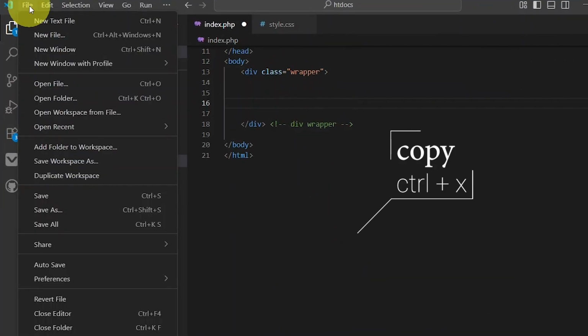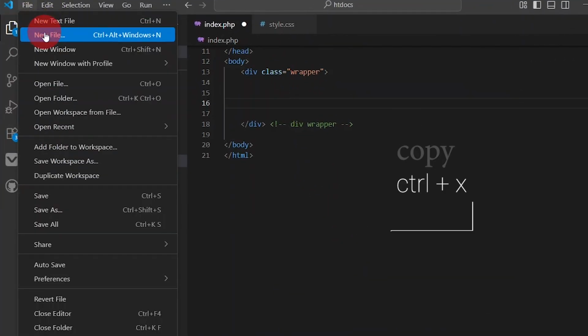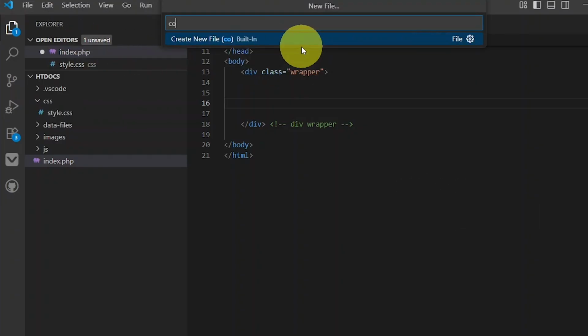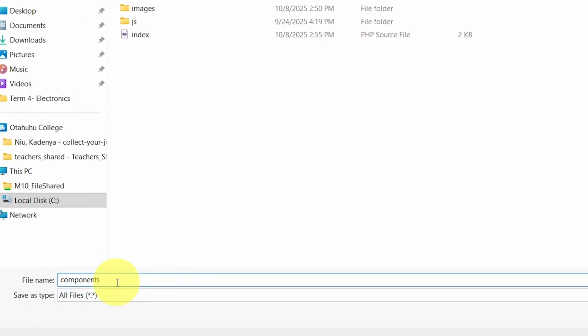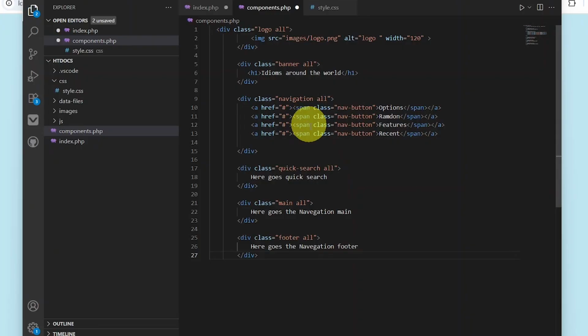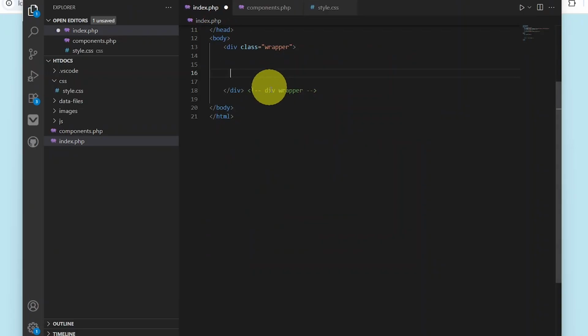I'm going to create a new file, and it's going to be called components. Save this one as components PHP and paste all the content that you bring for the previous web. Save. Now in my index, inside of the wrapper, I'm gonna include